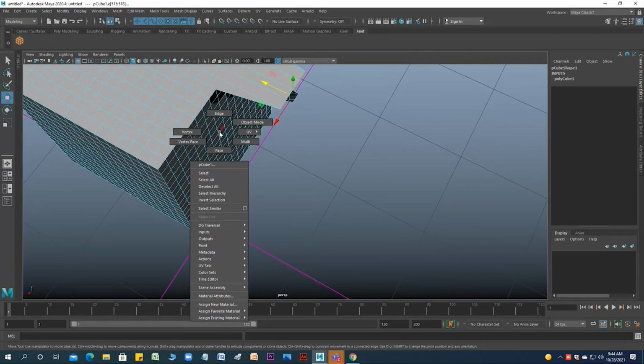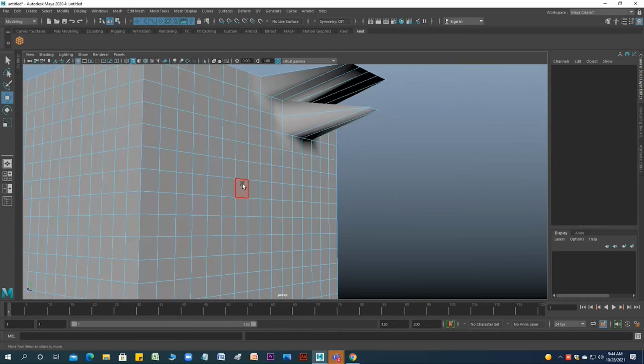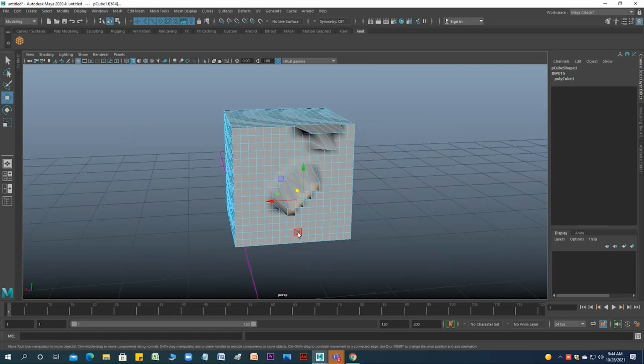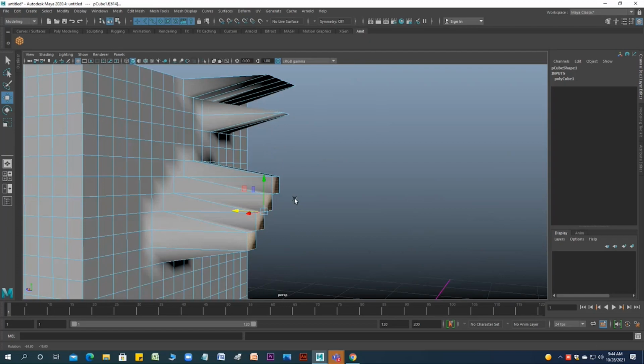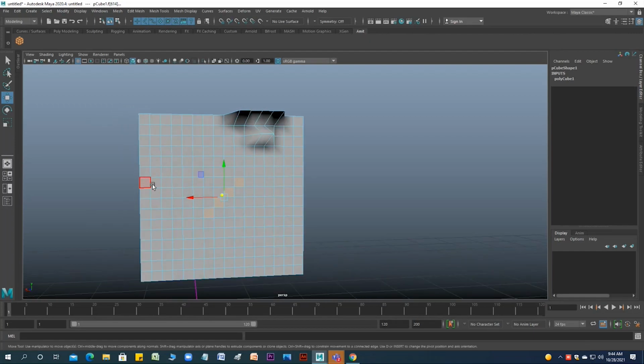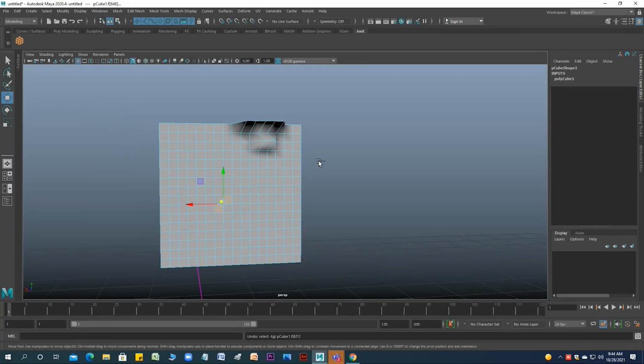In the same way, if I go to another option, that is component face. So what is a face? If I click this, these are the faces. If you are holding Shift, you can select. You can deform. This is not the way, but we are just exploring, so that's why. Control Z. So the thing is, if you have dense geometry in the initial level, it is very difficult to control. You have to work very tediously to control your geometry. So it is advisable to go with less.